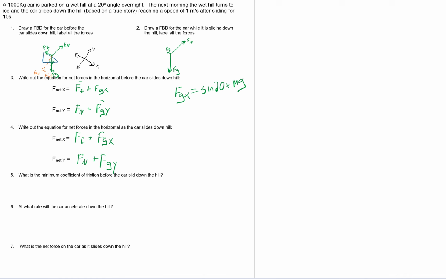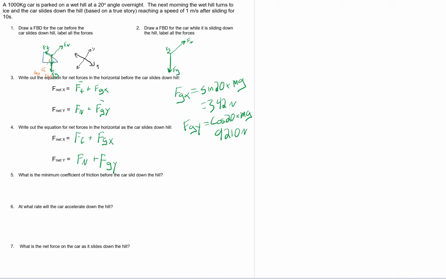And if you work those numbers, force of gravity in the x should be 342. Force of gravity in the y should be cosine of 20 times mass gravity, and I have that as about